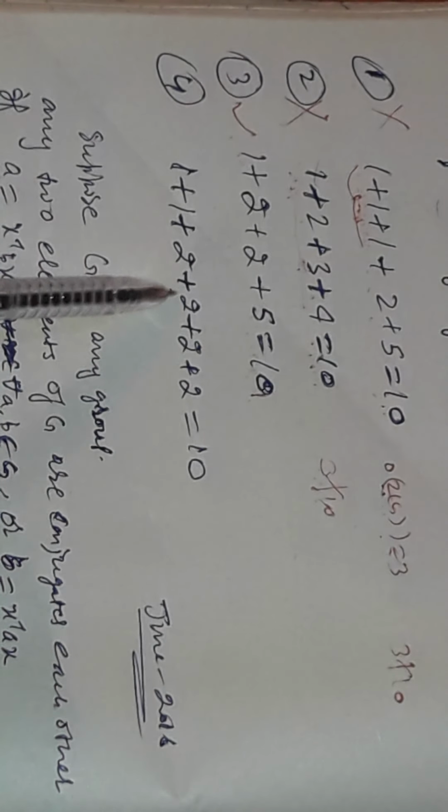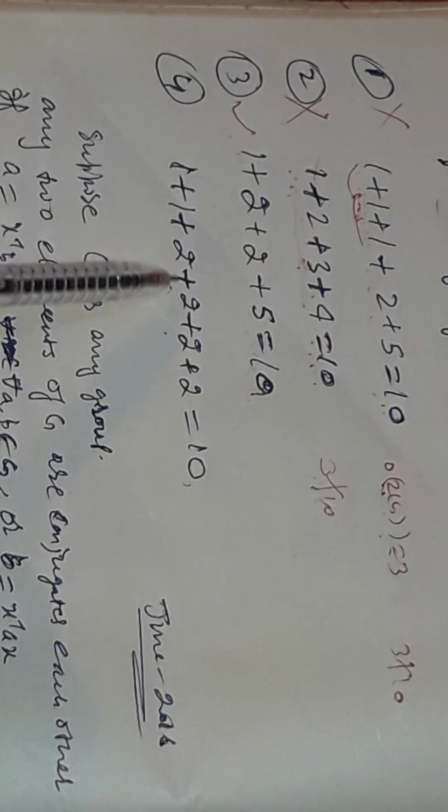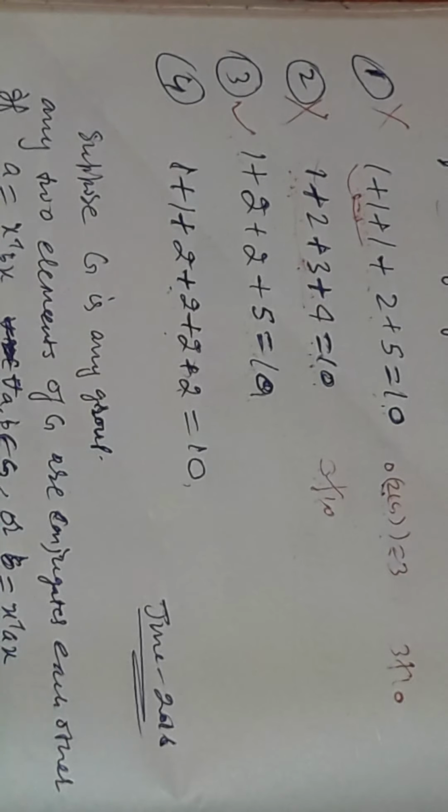Is this a class equation or not? Please do this. Here the order of the center of G is 2, and 2 divides 10 clearly, and here the conjugacy class orders are 2, 2, 2, but there is no conjugacy class whose order is 5, and 5 divides 10. Please, I leave it for you as an exercise.